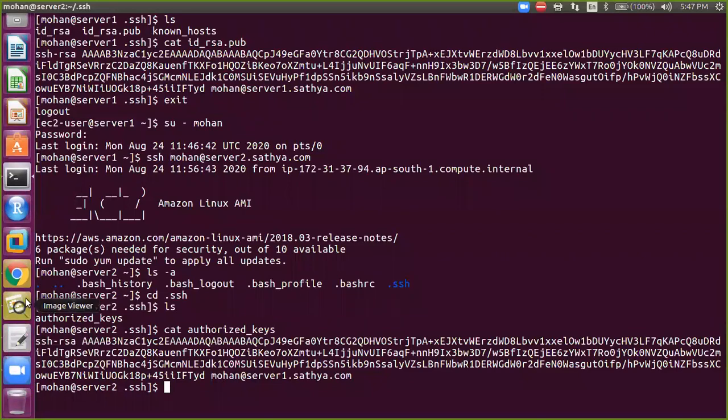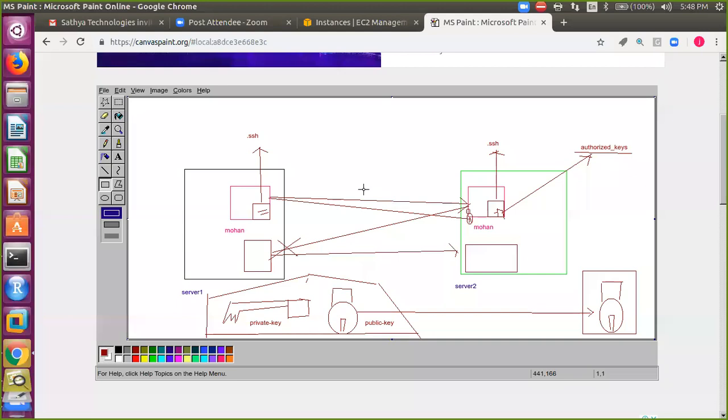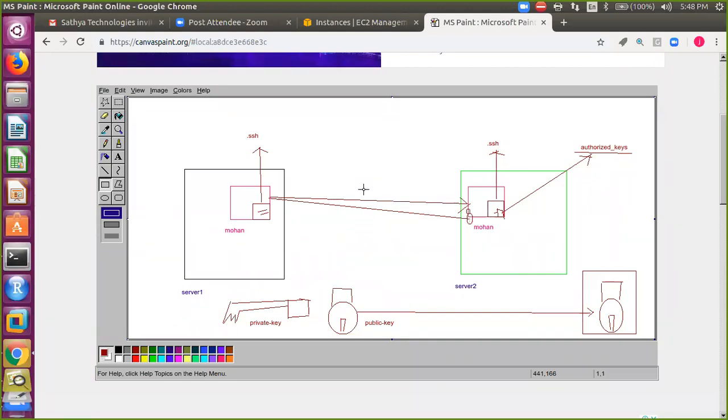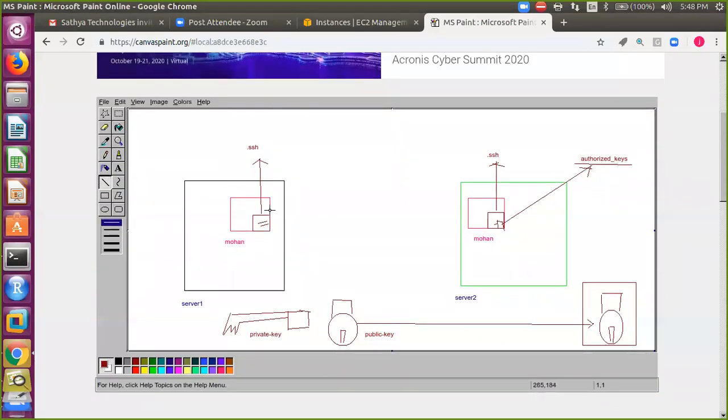Now you tell me. So we have set up passwordless authentication from server 1 to server 2. That too for user Mohan, right? Now if the Mohan user from server 2 wants to connect to server 1, whether it will ask to enter the password or not.